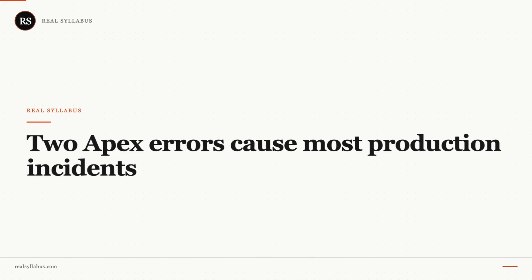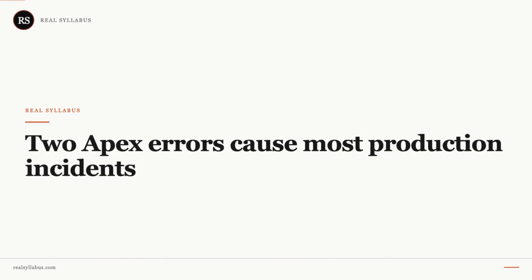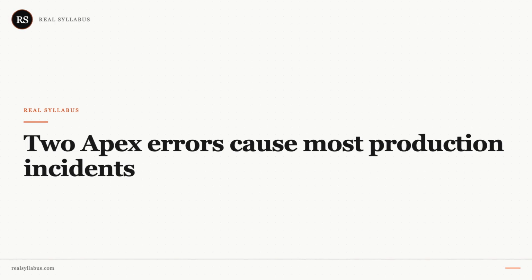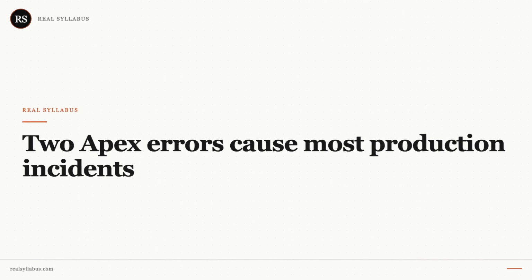Two governor limit errors account for the vast majority of Salesforce production incidents. Not rare edge cases, the same two, in org after org. The SOQL 101 error and the CPU time limit. Both are completely preventable. By the end of this tutorial, you'll know exactly what triggers each one, how to read your debug logs to spot them early, and the specific code patterns that make them impossible to hit at any